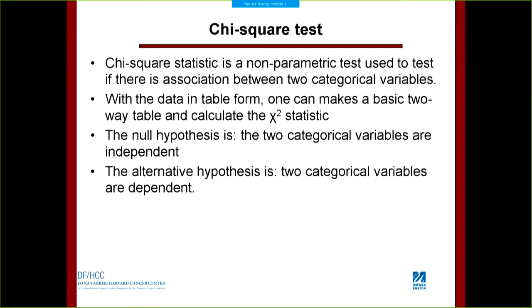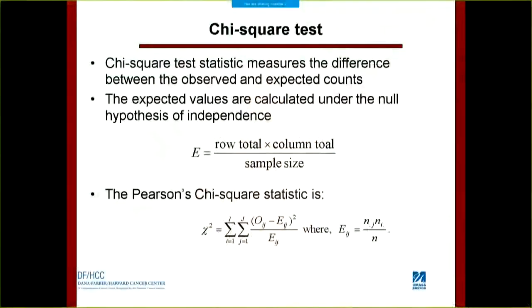The alternative hypothesis is that there is an association between the two variables. The chi-square test statistic is calculated based on the assumption of independence. Under the null hypothesis of independence of the column and the row variable, we can calculate the expected